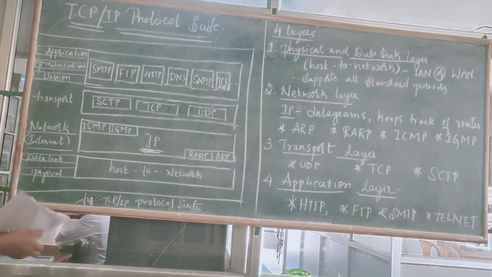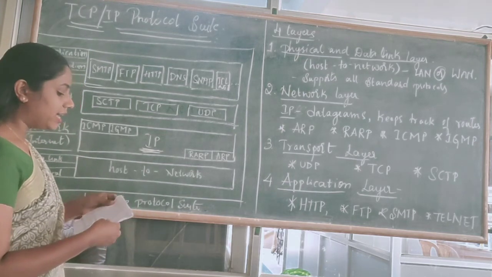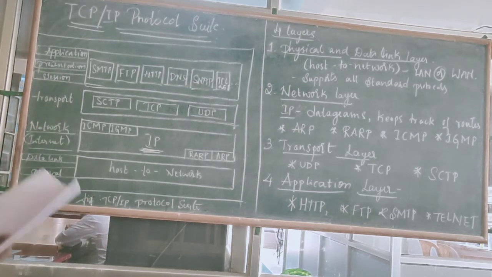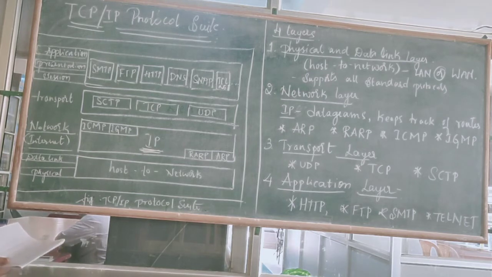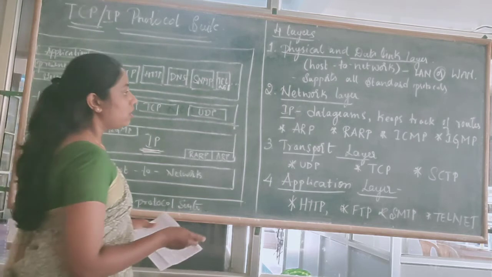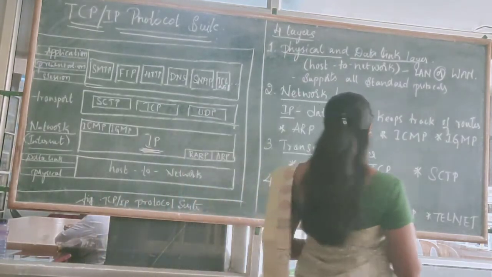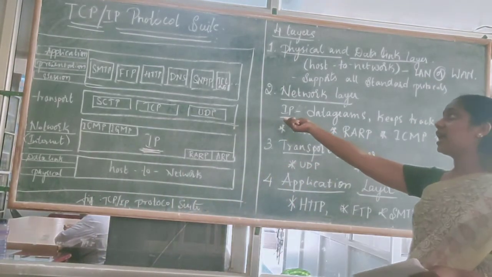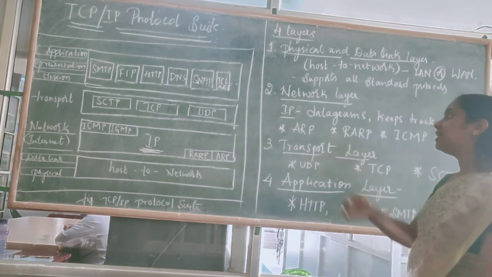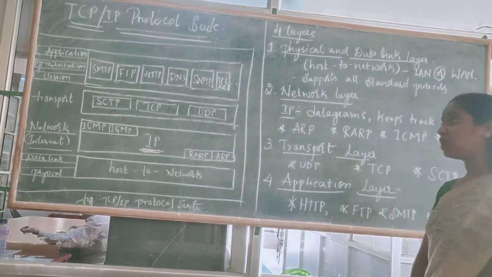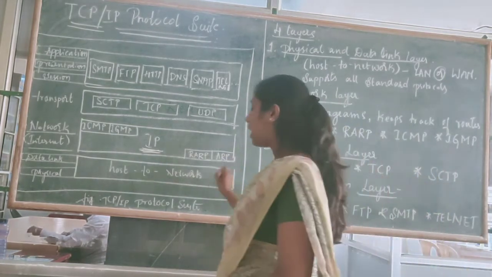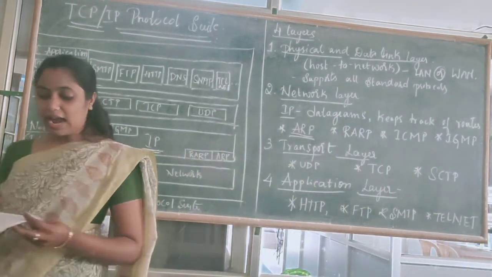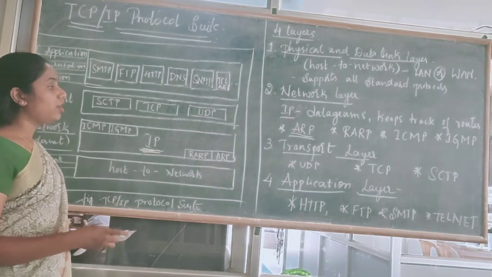So IP's job is transferring the data from the lower level to the higher level. Okay, so with the help of internet protocol. As I told you, as it supports IP, internet protocol, the internet supports 4 other protocols. The first one is ARP. Okay, so ARP means address resolution protocol.